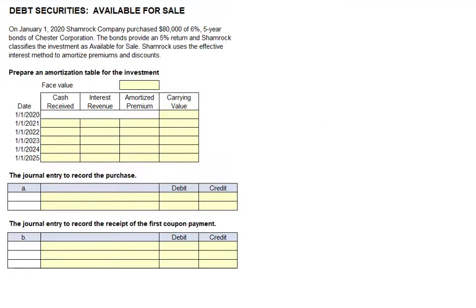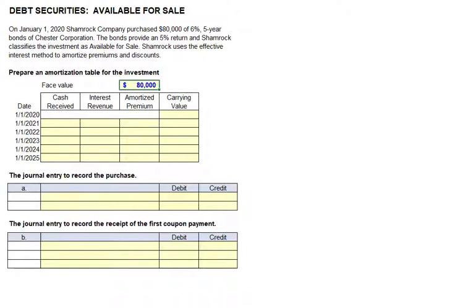We're told that the Shamrock Company purchased $80,000 of 6% 5-year bonds of the Chester Corporations. The bonds provide a 5% return. Check that out real quick, 5% return. So investors are demanding a 5% rate of return. These bonds have a 6% coupon, cash payment. So they're going to look like great bonds, and we're going to pay a premium for them. And Shamrock is classifying the investments as available for sale, and they use the effective interest method to amortize premiums and discounts. So the first question is, they are asking us for the face value, and that's simply that $80,000